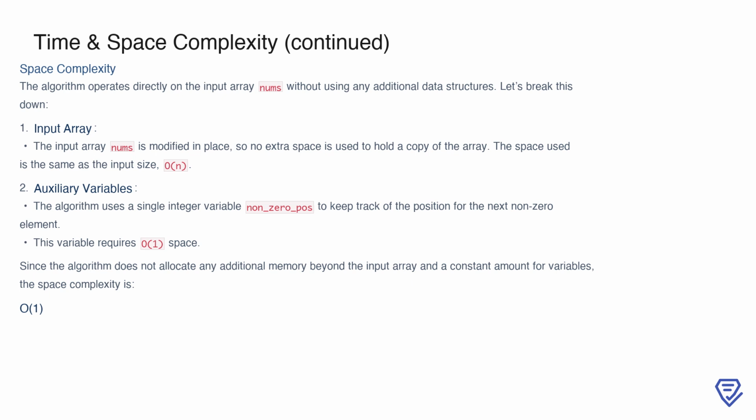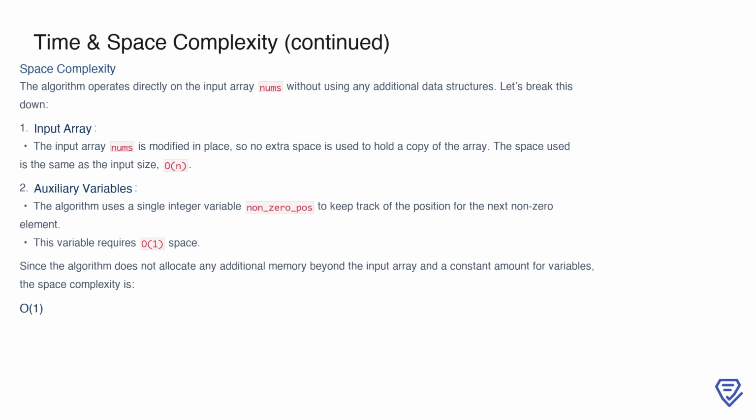The key advantage here is that the algorithm modifies the input array nums in place, meaning no additional memory is allocated for creating a copy of the array. The space used by the input array is proportional to the size of the input, O(n), but since it is not additional space, we don't count it in the space complexity. Aside from the input array, the algorithm uses a single integer variable, non_0_POS, to track the position for the next non-zero element. This variable requires constant space, or O(1). Therefore, the algorithm does not allocate any extra memory and achieves an overall space complexity of O(1), making it highly